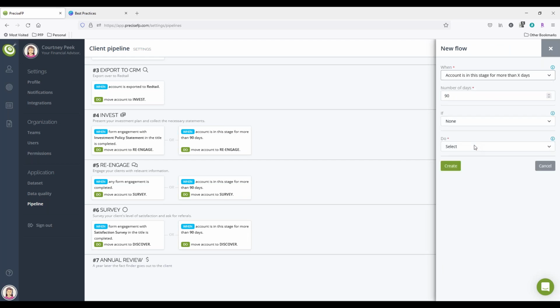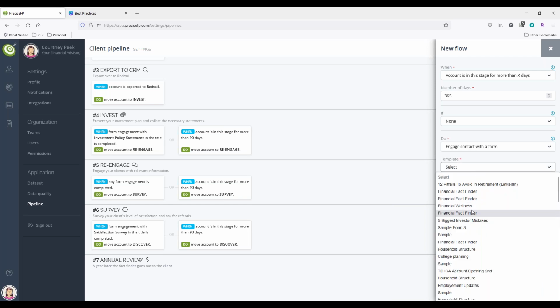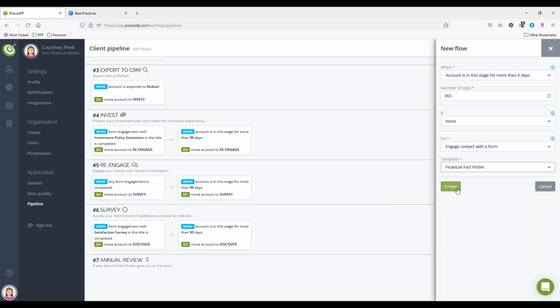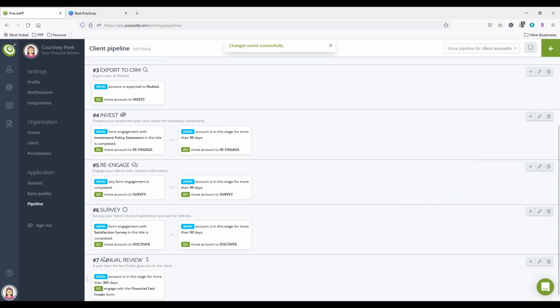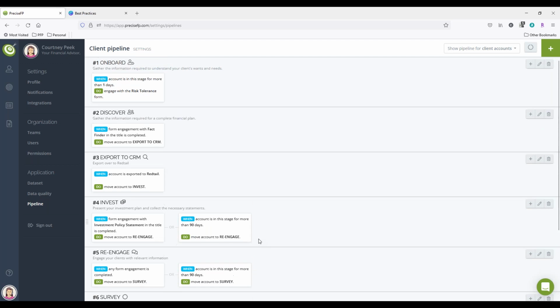trigger here, which is when the account is in this stage. You can set it to 365 days. What do you want to happen? Let's engage them with our fact finder. So anybody who is in this stage for 365 days is going to get the fact finder sent out to them automatically. So something to keep in mind is if you're testing out the workflow here, just keep in mind